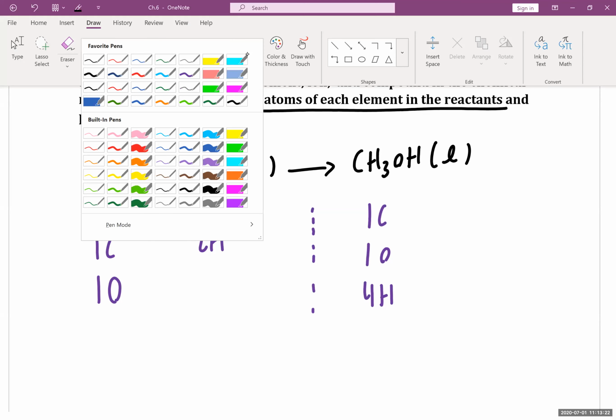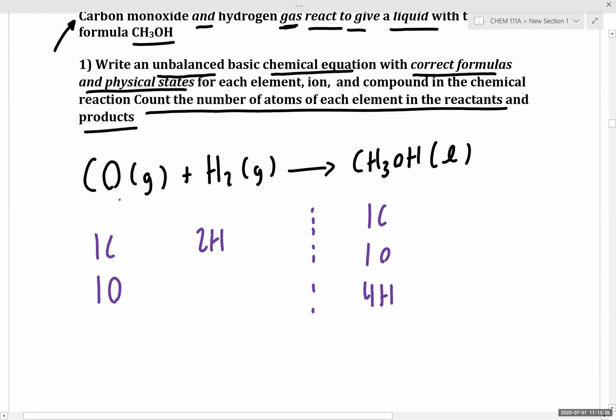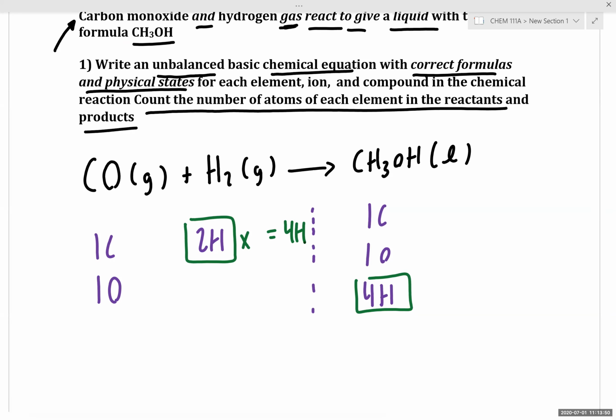So, which elements are not balanced? Which elements are not balanced in this equation? Hydrogen? Yep, exactly right. So hydrogen is unbalanced. We have 2 on the left and 4 on the right. So what times 2 would give us 4 hydrogens? What coefficient do we put in front of hydrogen? 2. 2, exactly. Perfect. So now we have all of our atoms of each element balanced, and we have our